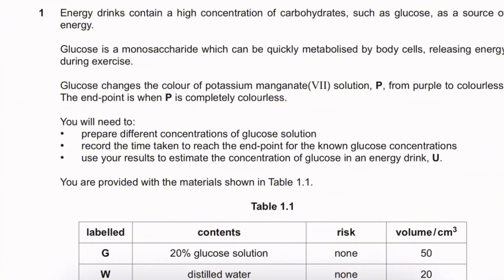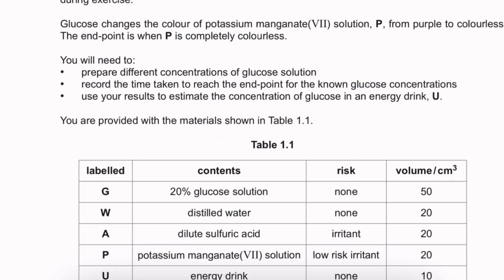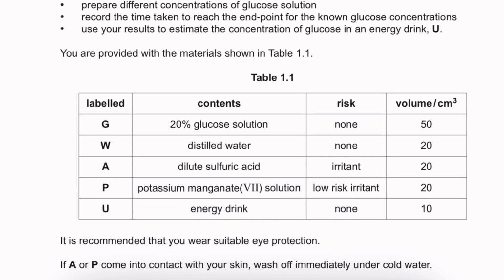Energy drinks contain a high concentration of carbohydrates such as glucose, which is a source of energy. Glucose is a monosaccharide which can be quickly metabolized by body cells, releasing energy during exercise. Glucose changes the color of potassium permanganate solution from purple to colorless because glucose is a reducing sugar, so it reduces potassium permanganate. The end point is when P changes and is completely colorless, and you will need to prepare different